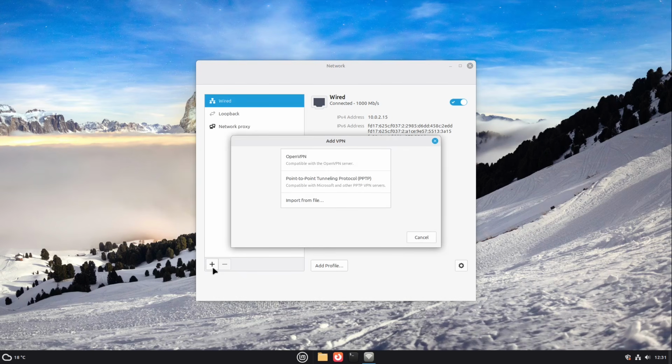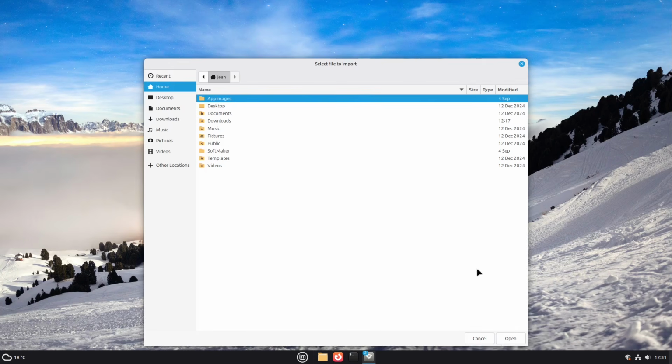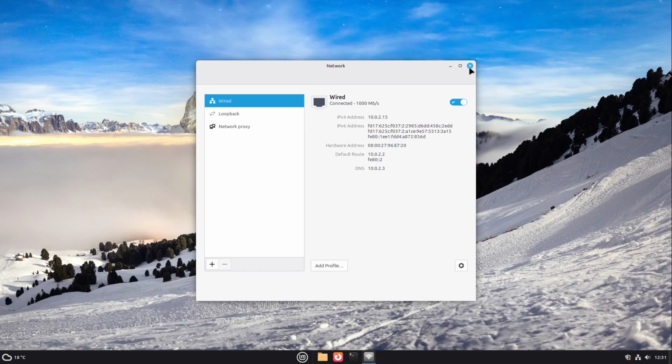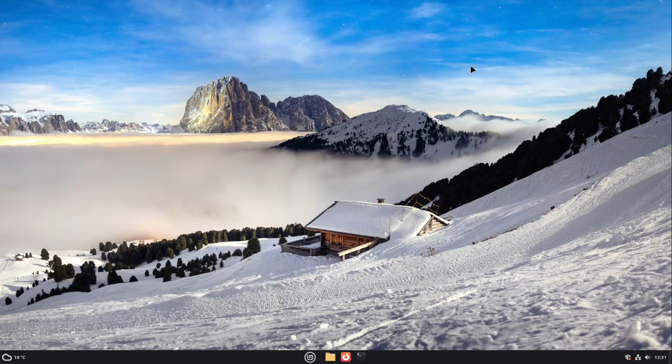Of course, you can also import some OpenVPN files or PPTP VPN files. Just go to import from file and select it. Then you can very easily import an OpenVPN connection, for example. If you want to import a WireGuard connection, this isn't done graphically at the current time, but there are also instructions. I post you one down in the video description how to install a WireGuard VPN connection for your Linux computer. So this is it for our network settings,